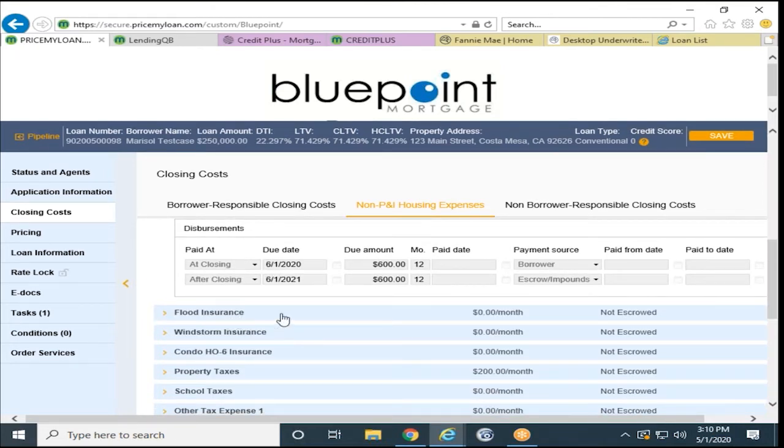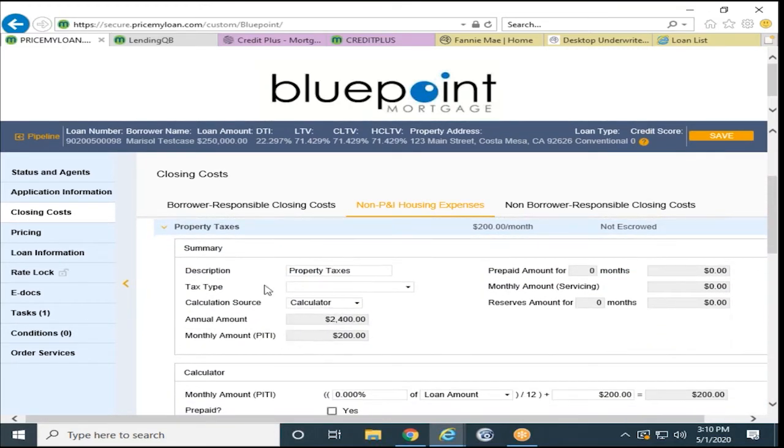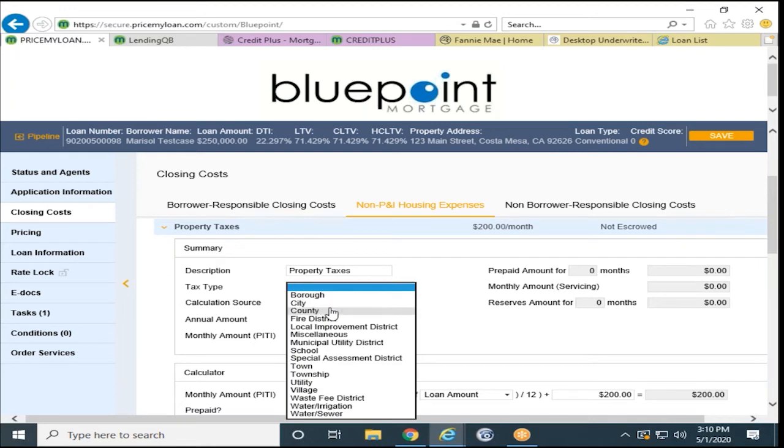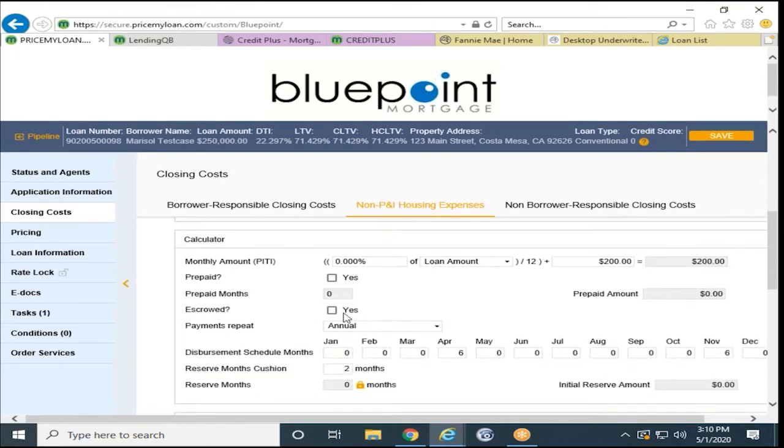Same thing, if you have flood insurance, you just enter the same thing. Property taxes, same thing too. Type of taxes, it's county taxes. I want to make sure it's calculator source. In California, our example is in California, and it is due in March, which is 6 months in March, and another 6 months in